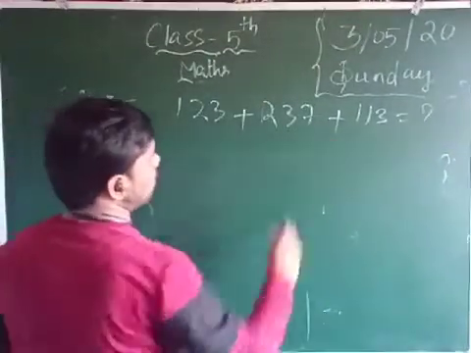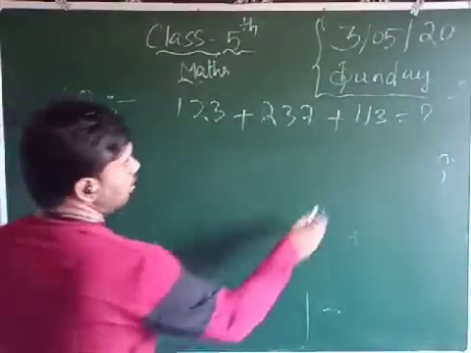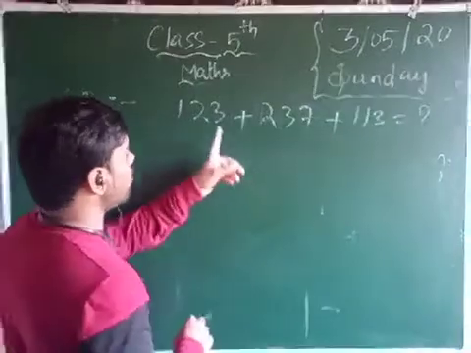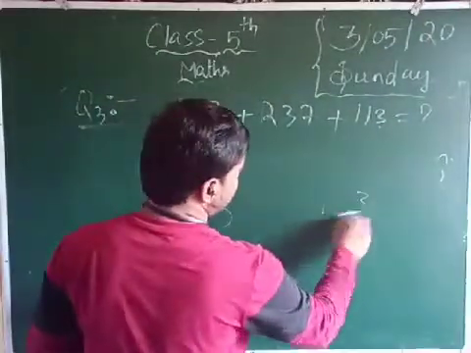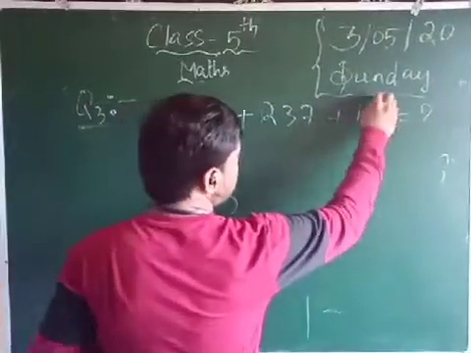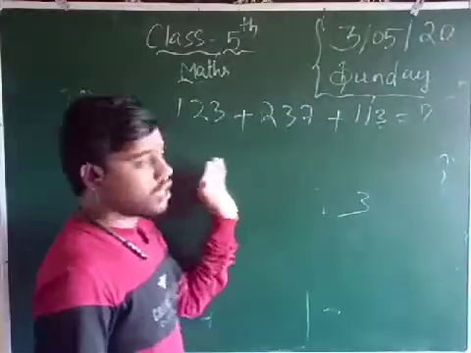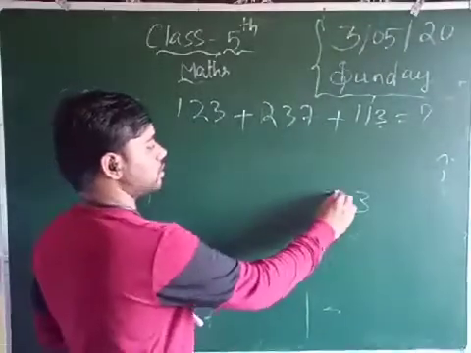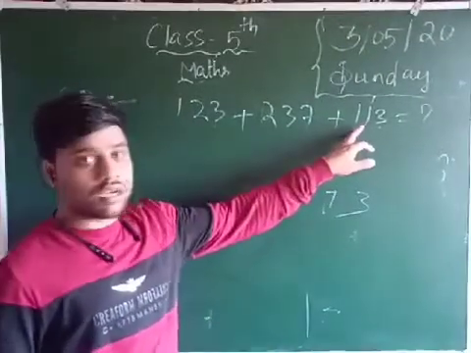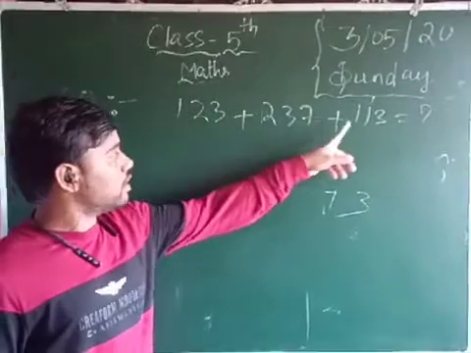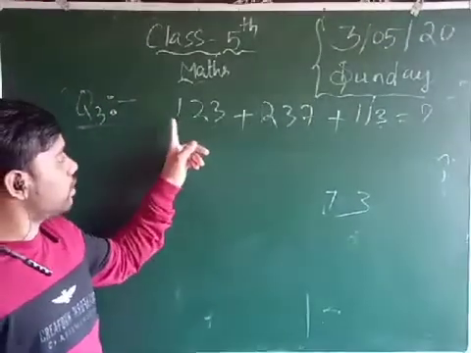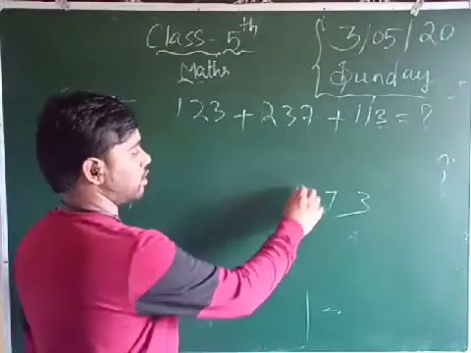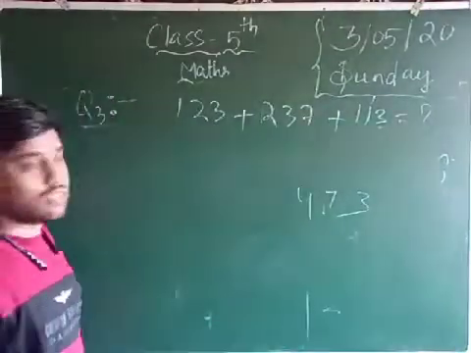Now this is the series method. You can do it directly in series only. Now 3 plus 7, how much do we have? 3 plus 7 is 10. 10 plus 3 is 13. Now you take the 3, and 1 is kept as carry for the previous place, because now we start the next number. 1 plus 1 is 2. 2 plus 3 is 5. 5 plus 2, how much? 7. Over. Next, the hundreds. 1 plus 2 is 3. 3 plus 1 is 4. This is the answer, 473.